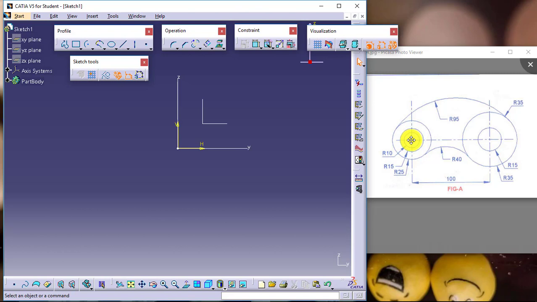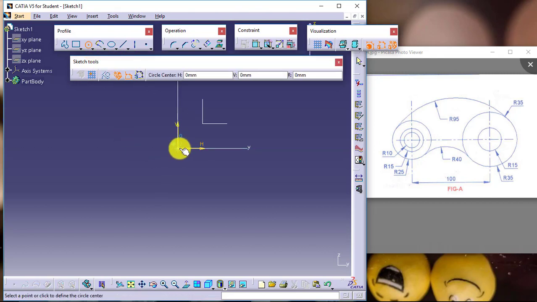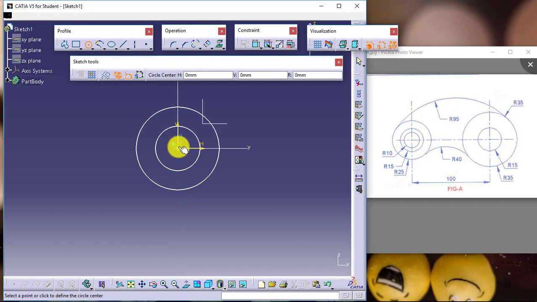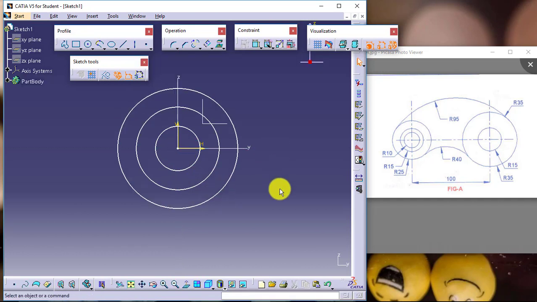So at origin I have to create 3 circles having radius 10, 15 and 25. So I'll go for circle. At this point I'll create 1, I'll create 2 and I will create 3. As soon as you create the objects, apply the constraints on them.